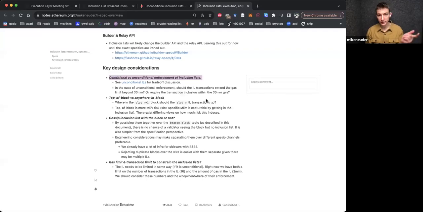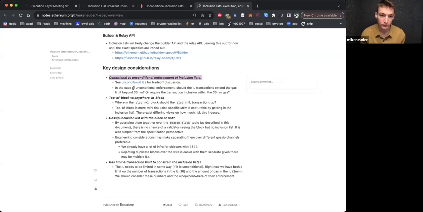And then there's also the secondary concern, which is that a transaction that gets included in an inclusion list doesn't have actual guarantees until it gets included on chain. So there might need to be multiple proposers that include a transaction in an inclusion list to get it on chain, which is not a very strong guarantee. So I think most of us are on board with the unconditional enforcement.